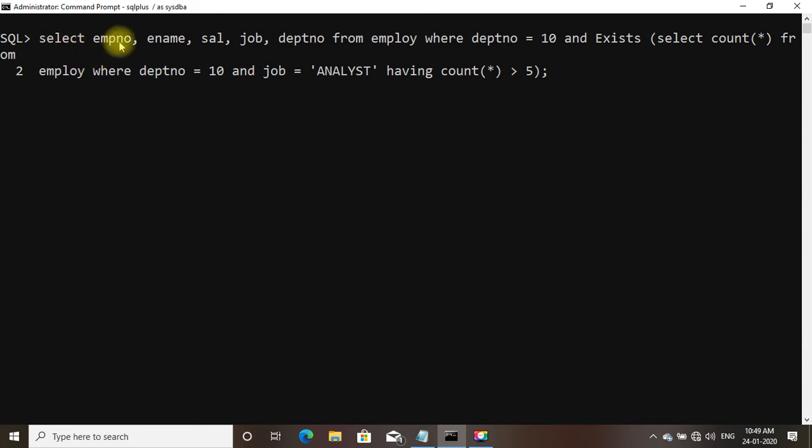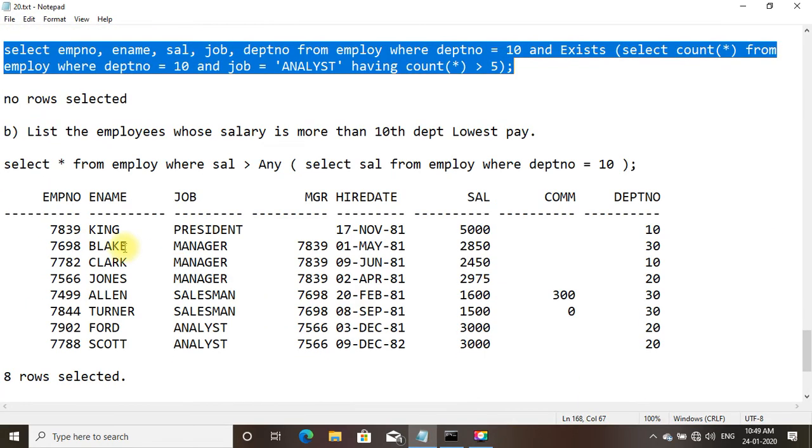Select EMP number, ename, sal, job, department number from employee where department number is equal to 10 and exists (select count star from employee where department number is equal to 10 and job is equal to analyst having count greater than 5). You can see no rows selected. So come to the next example.